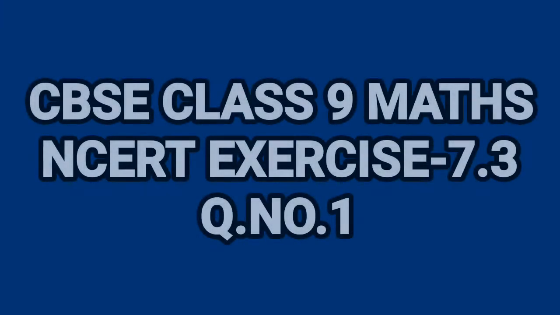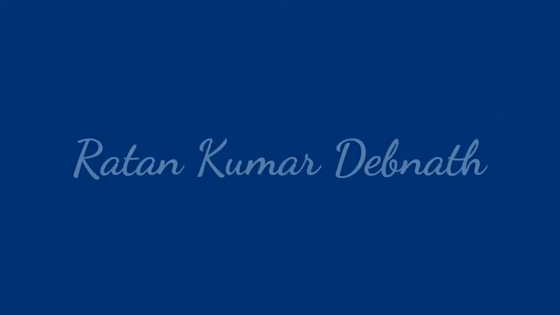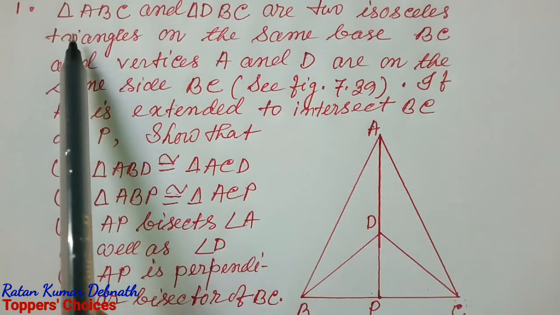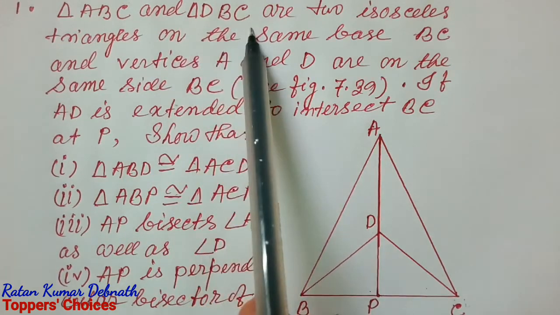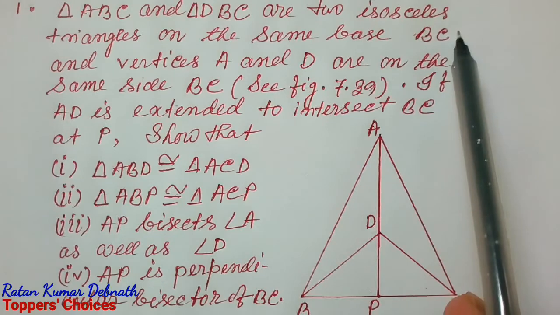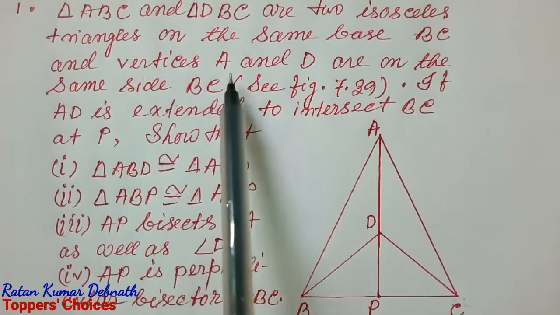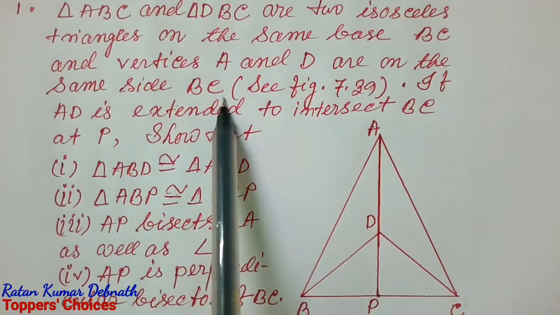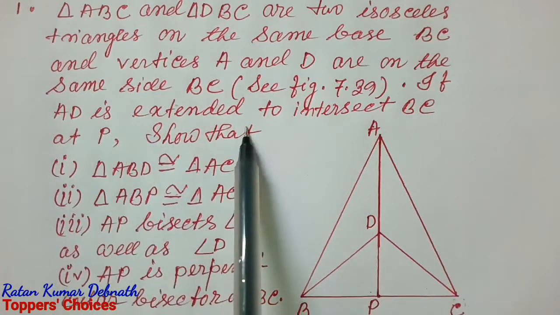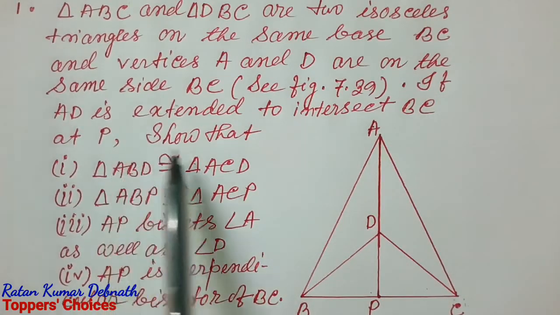Welcome viewers. In this video I am going to solve question number 1 from exercise 7.3. Triangle ABC and triangle DBC are two isosceles triangles on the same base BC, and vertices A and D are on the same side of BC. If AD is extended to intersect BC at P, show that